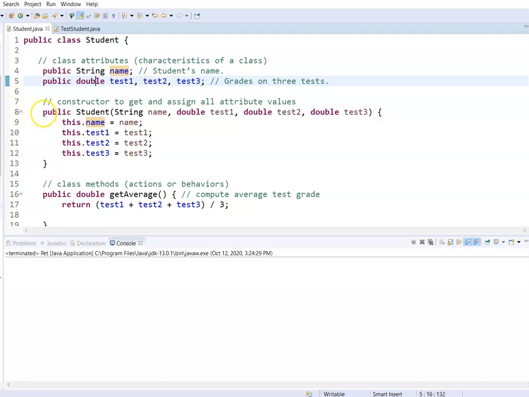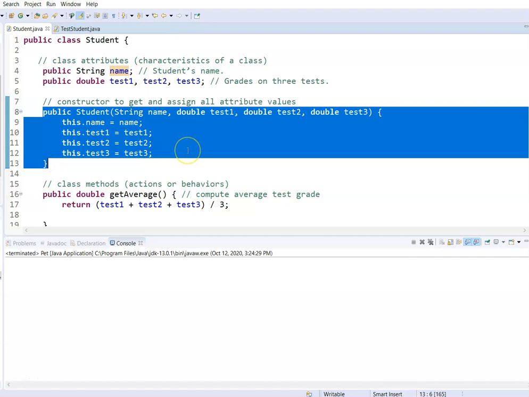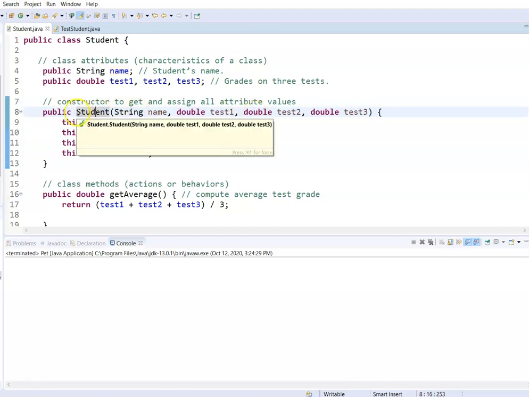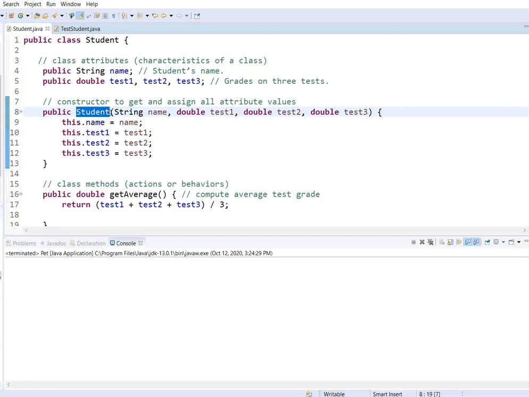Okay, so then we have a constructor. You always have to have a constructor in order to create an instance of a class. And if you don't have a constructor, there's a default one that has no parameters. So if you want the object of the data type class to have some value at creation, then you need to pass those values as parameters to the constructor. So the constructor has the same name as the class and it has no return data type. That's what makes the constructor as opposed to a method.